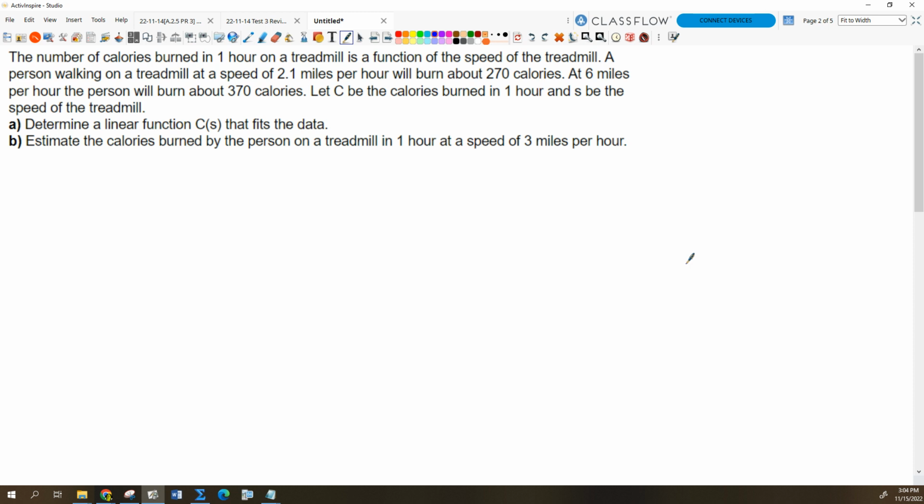So then speed is the input, right? If we say it's a function of speed, we always say the output is a function of the input. So speed's the input, calories would be the output, okay? They want us to come up with a function here. Well, look at the stuff they give us. Think about this in terms of a graph always. If I were going to graph this thing,